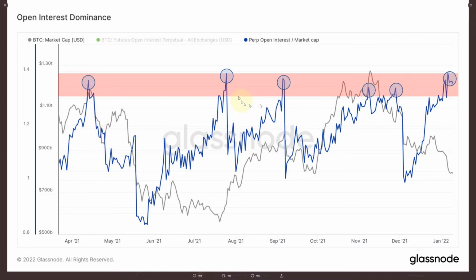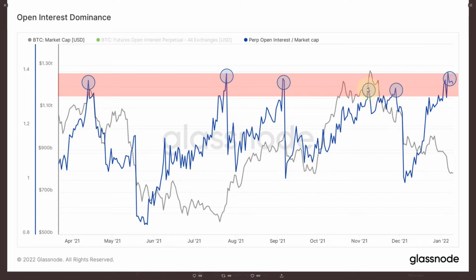We're gonna skip this one in July for a second, and we're gonna go to this one right here. This is similar to the one in April. You have the open interest dominance in this salmon color zone here, and it's peaking. And down here you can see they both rise. You can see the market cap rising, the dominance rising, and this one peak and this one peak, and then this one drop down through liquidation, and the price also dropped down. This is market cap, but the price graph looks almost identical.